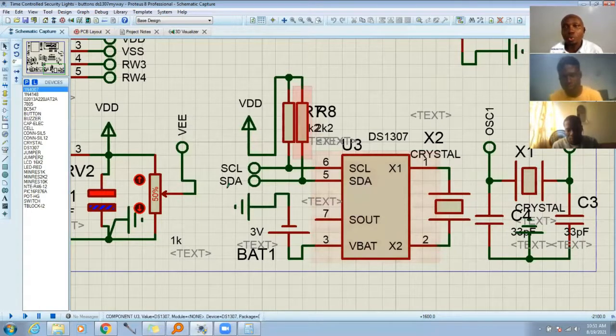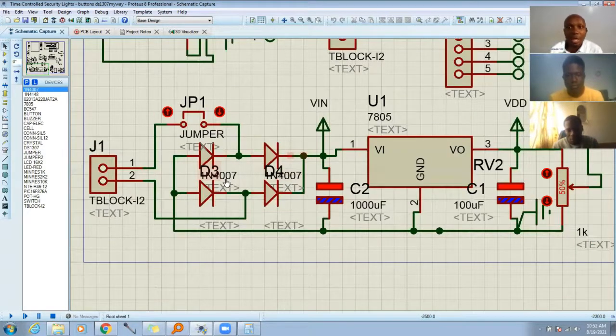Then it goes into your bridge rectifier. Of course, we have used 4 diodes to achieve the same function as a bridge rectifier from the market. The moment the AC goes into this bridge rectifier, it converts the output to DC. But the DC has ripple, it still has the AC property, it's a pulsating DC. This capacitor, 1000 microfarad, 25 volts, is used to smooth out this ripple